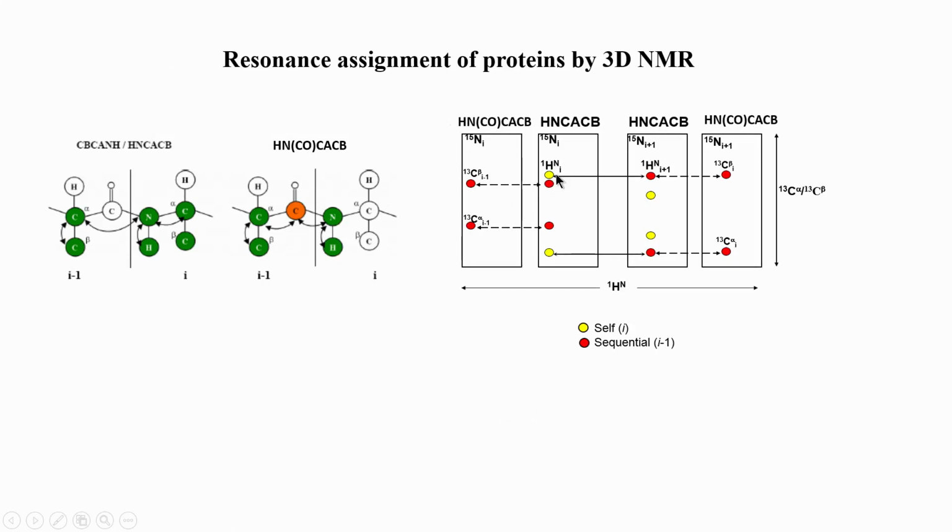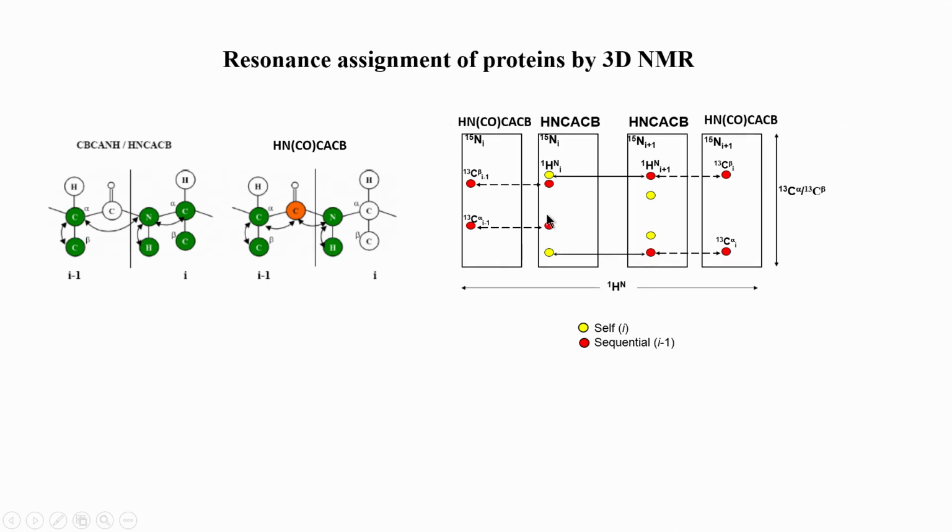You can see here in this schematic, in a strip plot format, suppose I start from some arbitrary I. Arbitrary means any I. There I will expect to get 4 peaks in HNCACB. This is something you might now be familiar with from the previous part where we looked at 3D NMR. There we saw that you get 4 peaks corresponding to C alpha and C beta. Now you can see that these two, which are self and sequential, are colored separately: shown here, yellow is self and red is sequential.